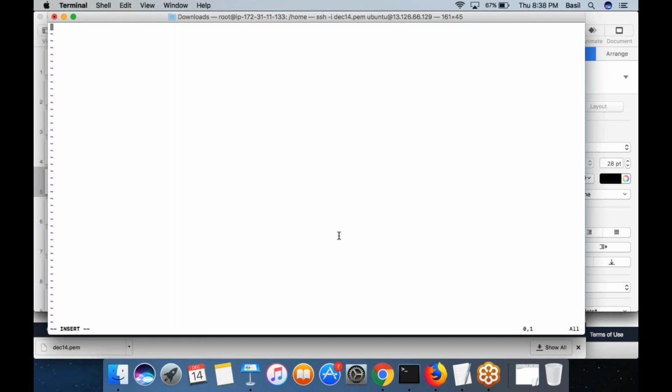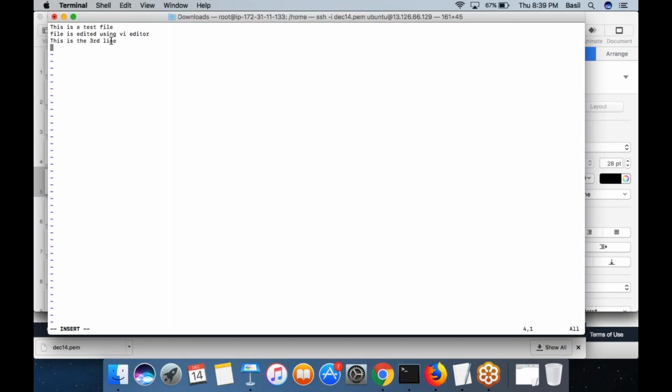Press the I button to convert the file into insert mode. Basically, now you can edit the file. First you need to press the letter I on your keyboard. That will turn the VI editor into a read write mode. Now you can start typing your content. This is a test file. File is edited using VI editor. Right. This is the 3rd line. Right now I'm putting some content. Right. So I am editing this file.